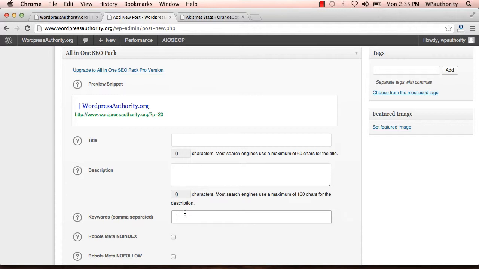This will help your blog be quickly indexed in search engines, and also it will directly talk with the search engine bots that are on your blog to index. So the title you enter here is directly fed into the search engine bots' database, and likewise the description and the keywords, separated by commas. It also gives you a preview snippet of how it would look in Google search. And when you're keying in this information for each and every post, this ensures that your WordPress blog post is search engine sound, and all the information is readable for the search engine bots.